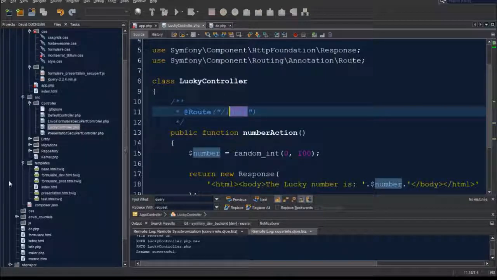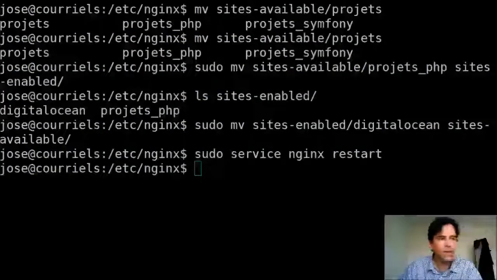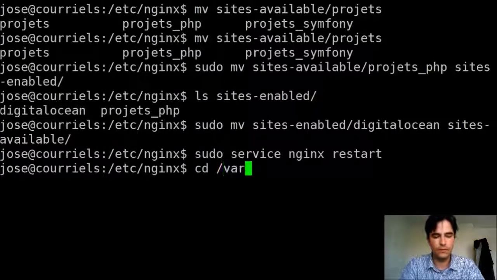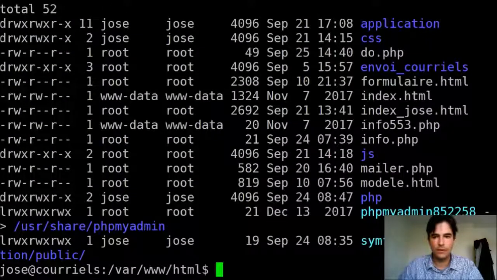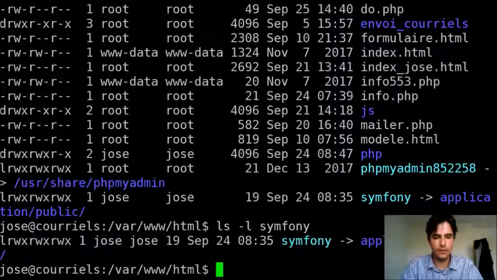So I'm going to go back to Putty to show you something else. If I go to the web server root, I've got the Symfony symbolic link that goes to the application/public folder.